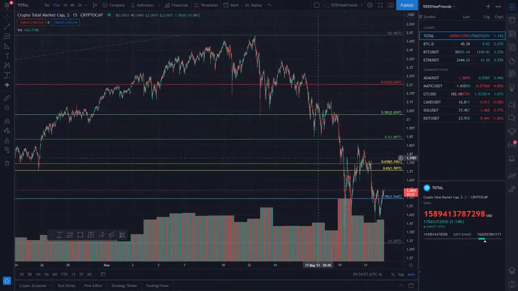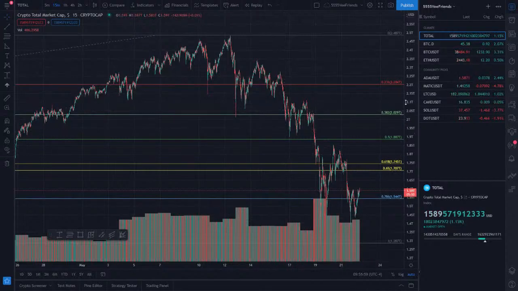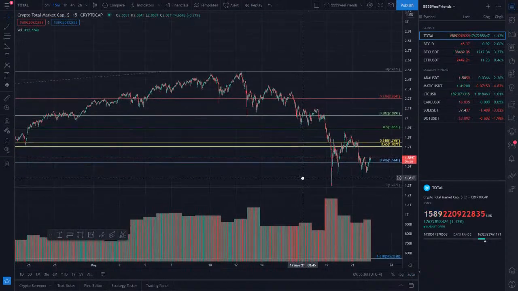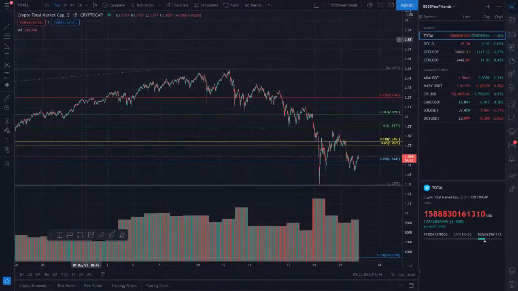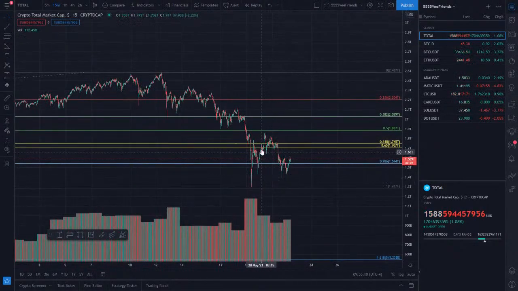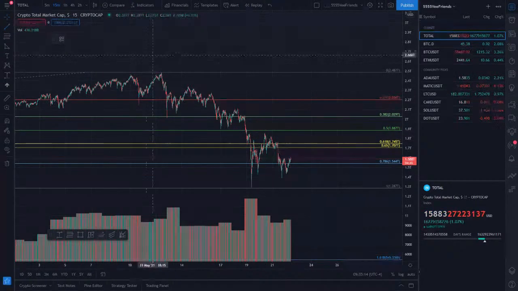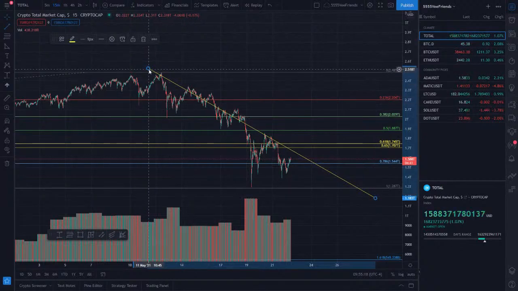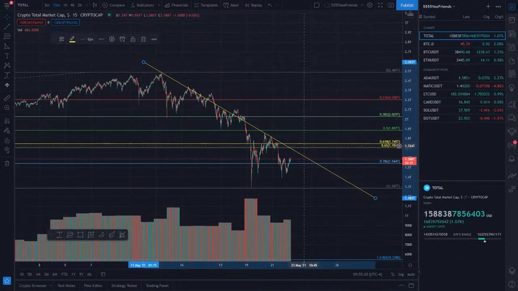So here's total market cap. This is the entire market cap for crypto. It's called crypto cap. Basically, here's the top, here's the bottom, here's where we're playing in. We'll just do it. This line's not going to be perfect. We could always adjust it at some point, but the reason why I chose this is because you have the top and then you have recent activity rejection.